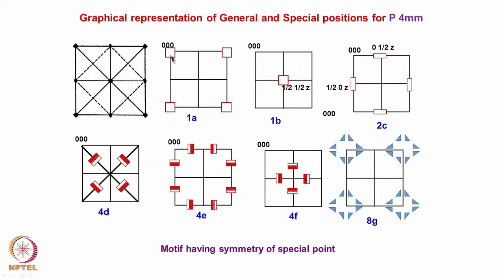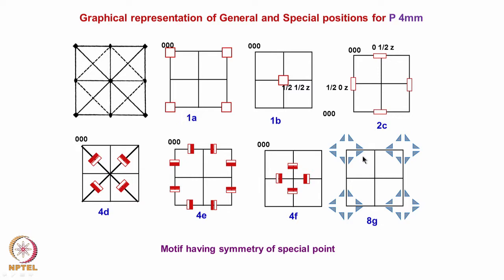So if I want to put a motif at this particular position, what should the motif have? The motif should have the 4 mm symmetry. Right? That is what I had just shown, a motif which is like this here. If I put it at this particular point, that motif should have a symmetry, because I had chosen a shape of a motif which exhibits the 2 mm symmetry. That is essentially what is being done here. At an asymmetric point, I have put an asymmetric motif. It does not matter what it is.